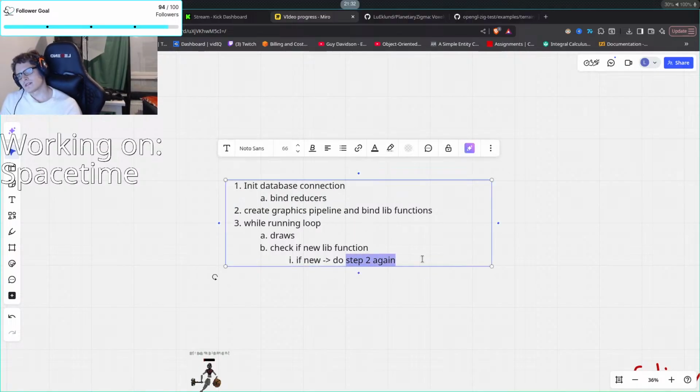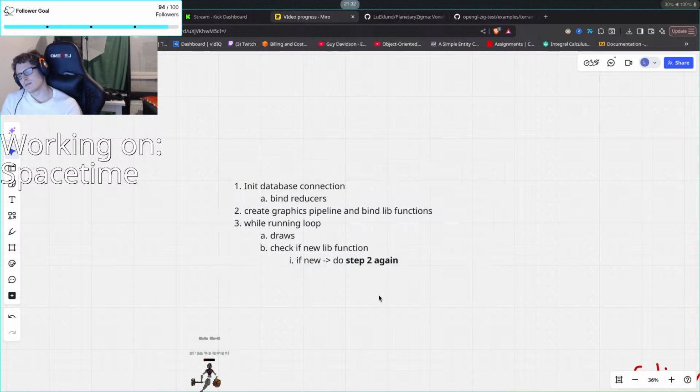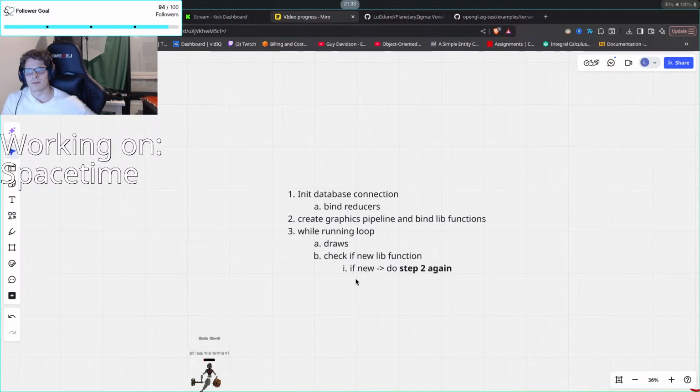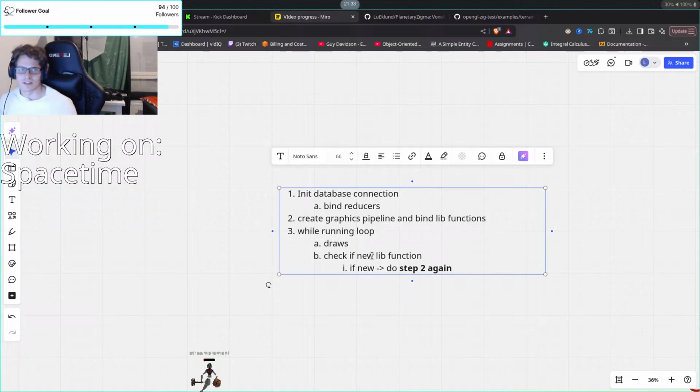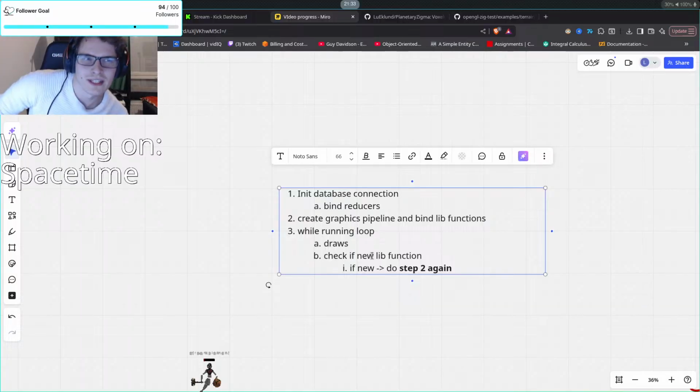This makes sense. I think this should work. This is basically what we have done before, but now we will just have a graphics pipeline, so we'll have to recreate everything and free memory. We have to destroy our pipeline and then recreate it with the new library, basically. And then we'll just continue drawing. Yeah, because the data is irrelevant. The data doesn't care if you have a graphics pipeline or not. So there won't be any issues.